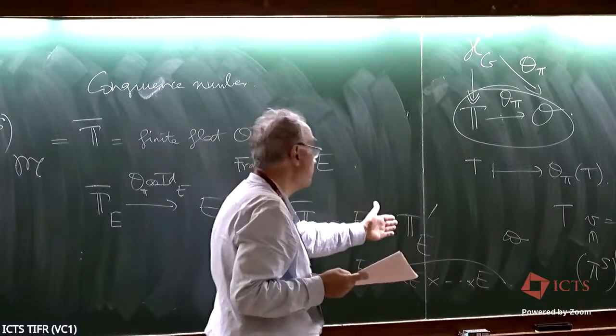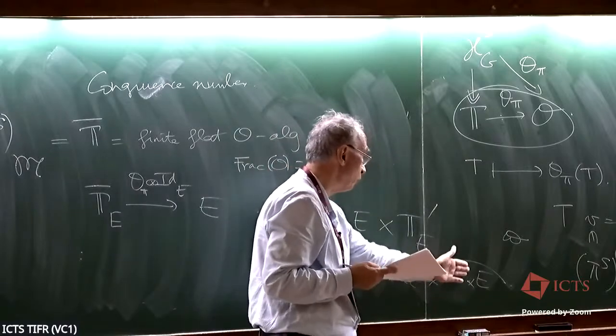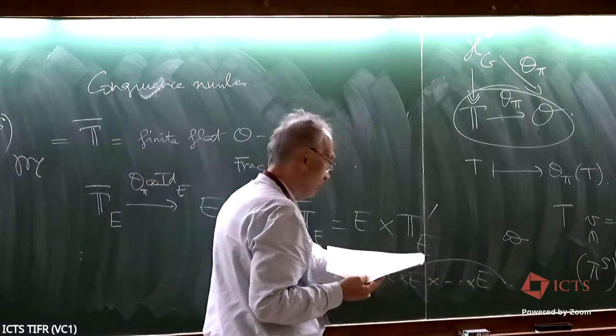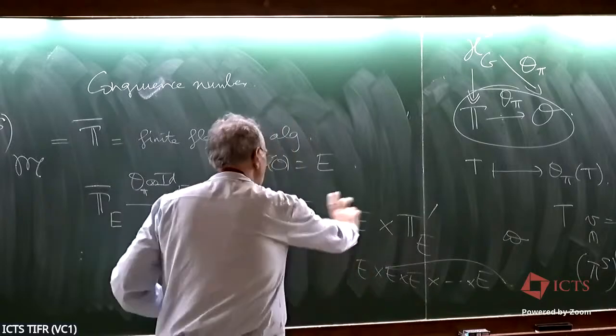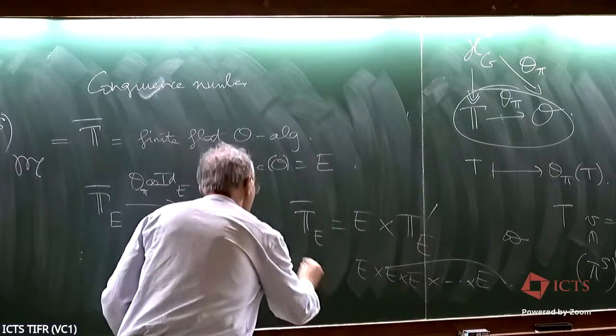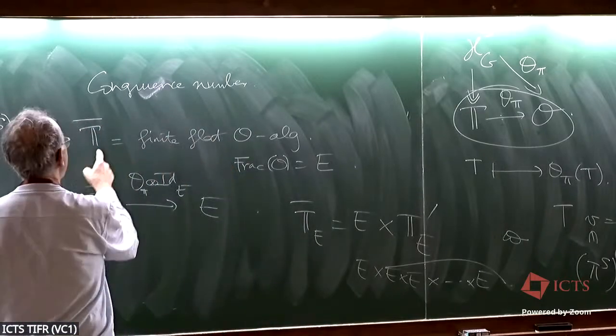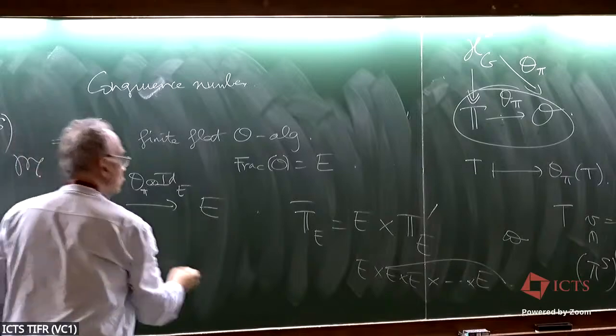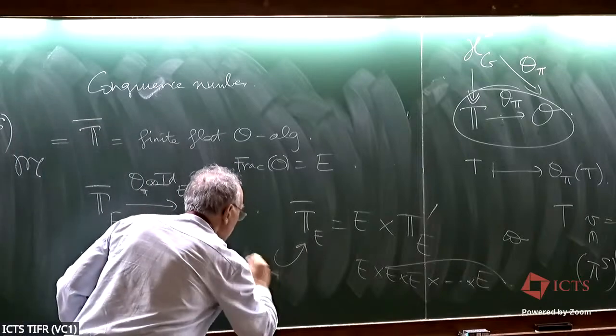Okay, so this algebra is not mysterious. It's just a product of copies of E if E is sufficiently large. Okay, that's the situation over E. But now let's see what happens over O. So we have, as I said, this algebra has no torsion, so it is contained in here.